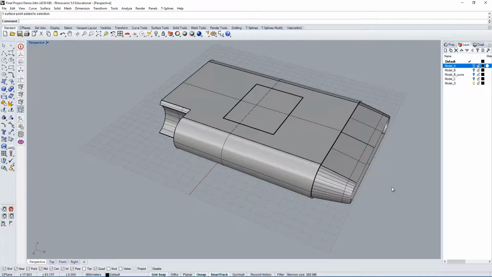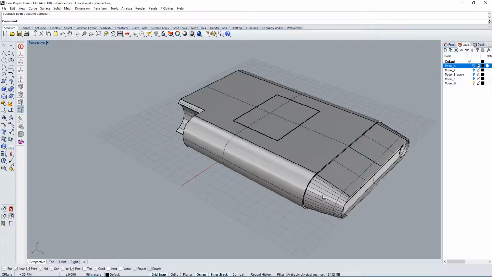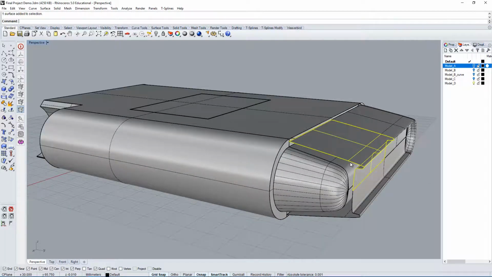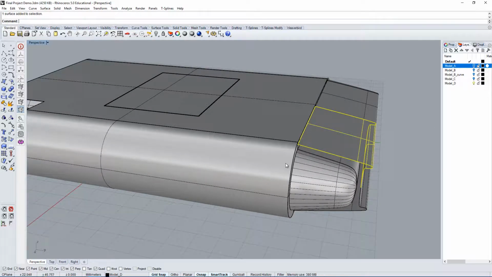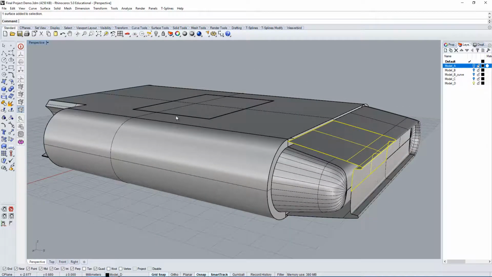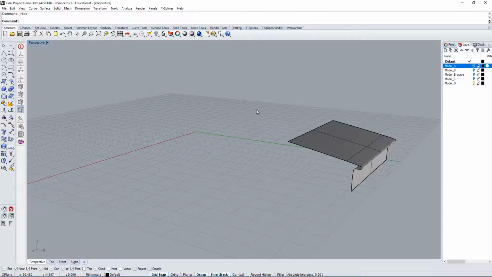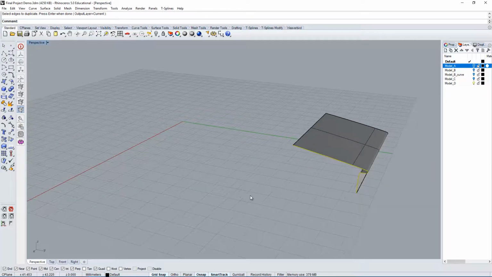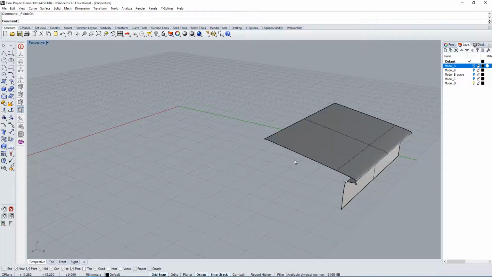I'm going to speed up the video, but basically what you would do here is find the profile. We don't need this because we can get the profile from this edge. So the first thing I'm going to do is hide everything else because I just want to look at that profile. I'm going to hide everything that is not selected. Now I'm going to duplicate the edge, and looking at it, I can determine what I'm looking at. Again, pressing F10 to look at the points.